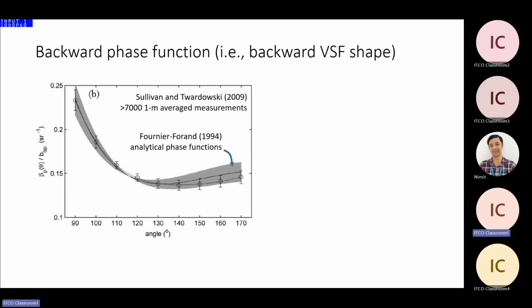So what we're doing here is we're normalizing all of those VSFs to the integrated backscattering coefficient that we're measuring with the MASCOT. So what we're showing here is you've got the circles, which are the averages, and then the standard deviation of all the measurements that were made. And there's shockingly little variability. Based on basically a lot of the theory up to that point, we expected to see a lot of changes in shape in the backward direction, and we just didn't see it, which for a lot of applications is tremendously useful. If you can make the assumption that the shape of the VSF isn't really changing in the backward direction,